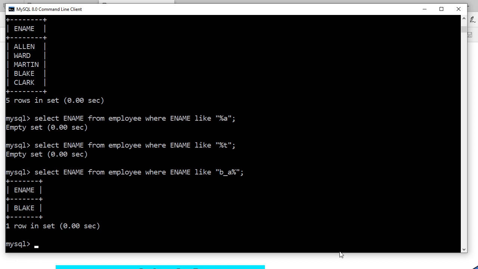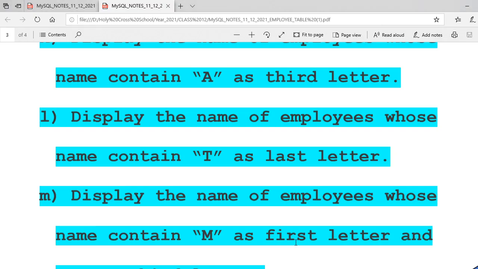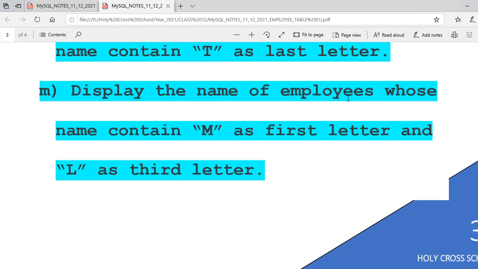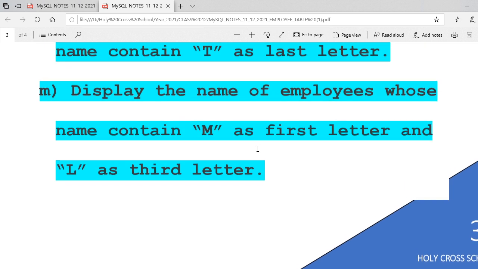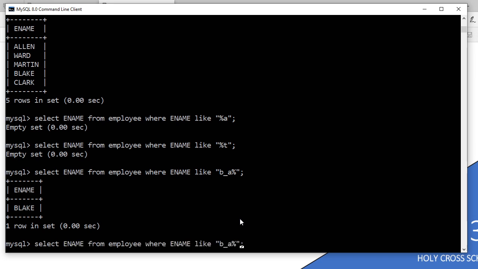Now tell me which one is the next one. Display the name of employees whose name contains M as first letter and L as third letter. I think you people are more energetic than me, right? You make this query, tell me what I'm going to write.